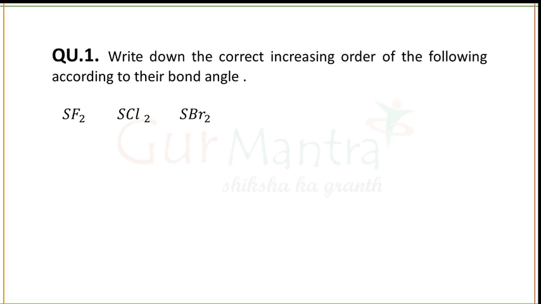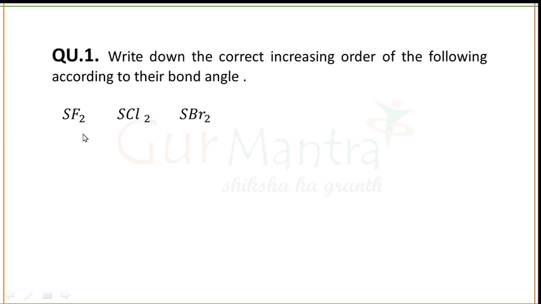Okay guys, so let's start to solve this question. The question is, write down the correct increasing order of the following according to their bond angle. You have to tell the bond angle sequence for this particular series. The series is SF2, SCl2 and SBr2. Now as you know, in case of ABX type of molecule, if the central atom is the same, you can see this central atom sulfur is the same and